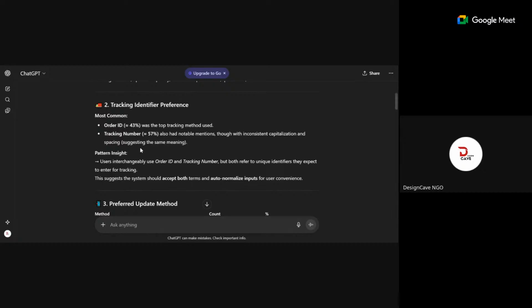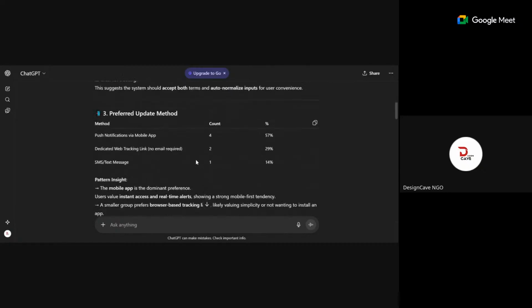So, like I was saying, with this one pattern that you can pick out that people are really interested in, the type of tracking identifier they really want is the tracking number. Which means you've seen a gap. So there is no need for you to now ask them what is your order ID. Do you get? Maybe because the tracking number is probably something very easy for them to understand. So let's go to the next one.